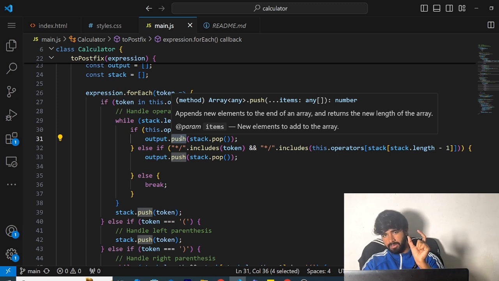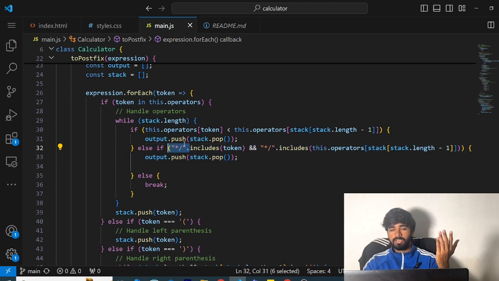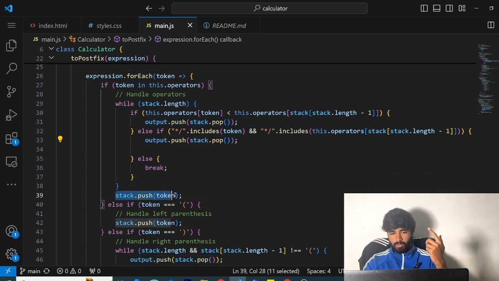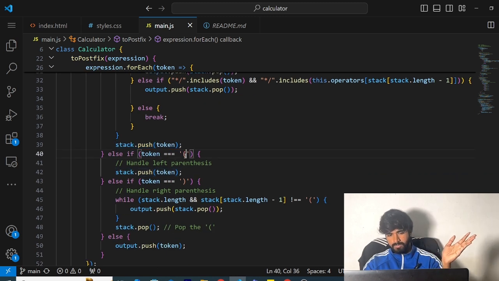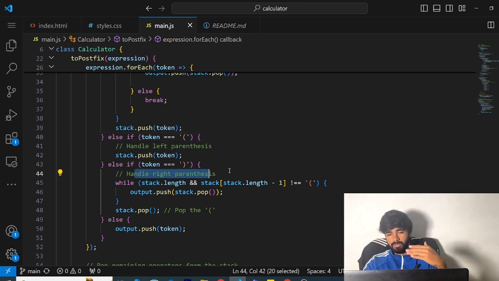So we are building that, and also we are checking if the current operator is multiplication or division. We will still get them, put them into the stack, sorry, output, and remove from the stack. And whatever the operator currently was, we will put it into the stack. Then we are checking if this is a left parenthesis, then we will put it in the stack. If it's a right parenthesis, whatever values are in the stack, we will keep removing them until we